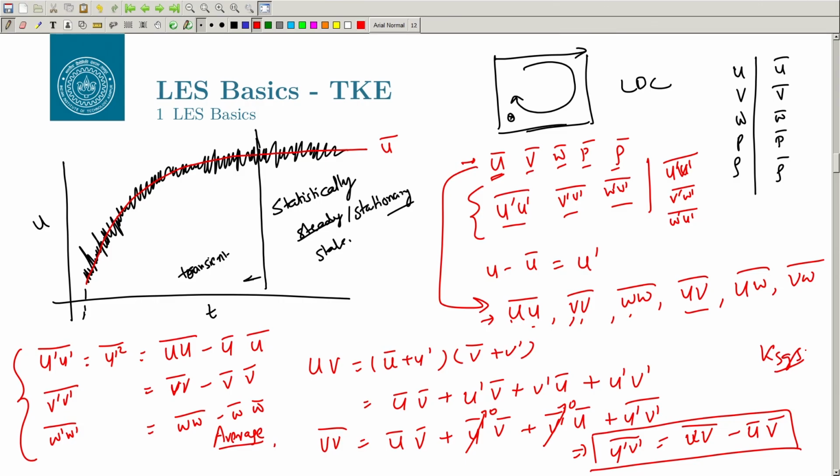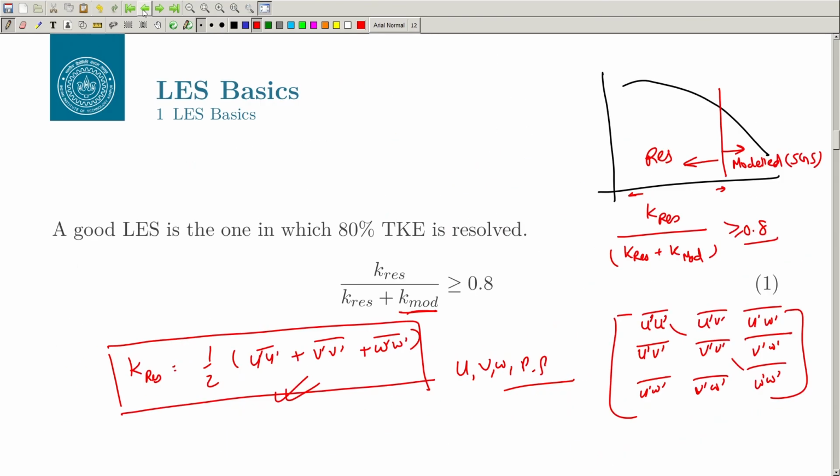So, if you have that SGS model kinetic energy directly, and you have the resolved one from the LES, you can add them and divide by this quantity. So, k resolved divided by k resolved plus k SGS, and you can check whether it is giving you a value of more than 80%. If the value is more than 80%, then your LES is a good quality LES. That is a very good thing to find out when you are doing LES,